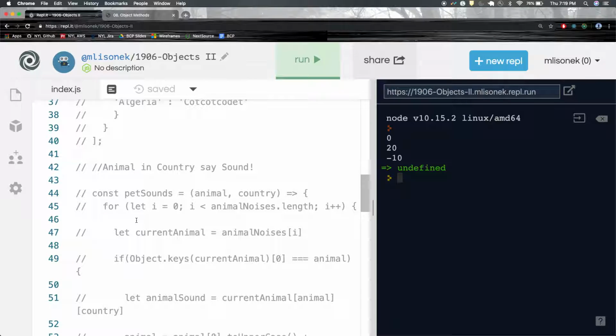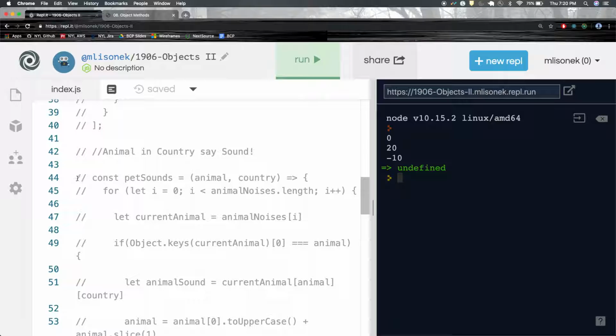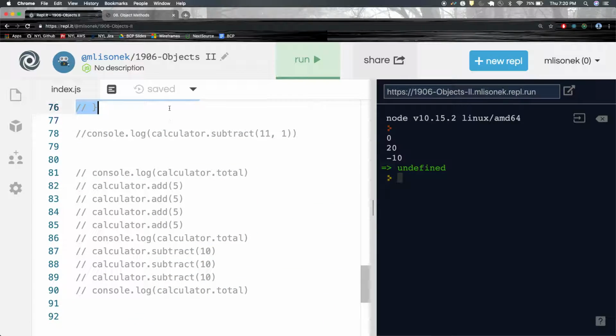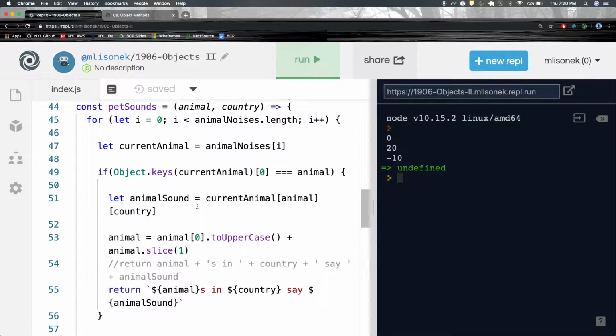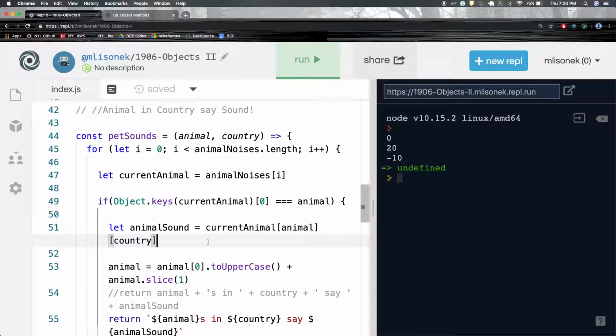You can't dot this; this is just a reference, and it's referencing something where it's written. So if I'm writing pet sounds and I try to